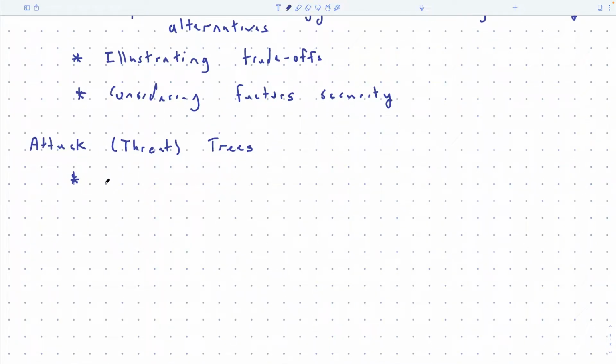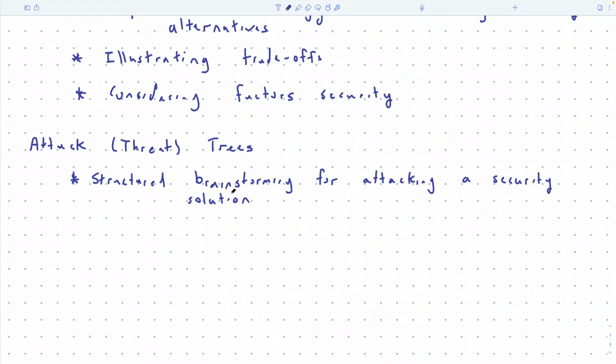Okay, so it's very similar to Stride. So it's also what we might call structured brainstorming. It includes threats as well as actual attacks. So potential